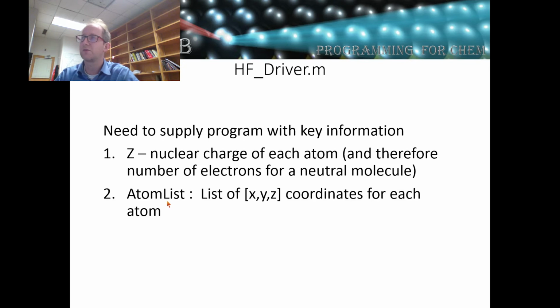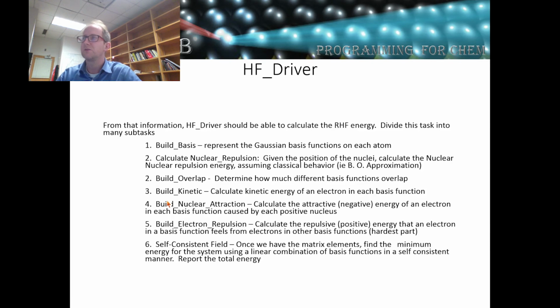So that might be a list that's 4, 1, 1, 1, 1. And then I need to tell it what the coordinates of each of the individual nuclei are. And so it's going to be an n by 3 array, where n is the total number of atoms. Okay. And then once we get that, we're going to just declare a number of functions that we're going to